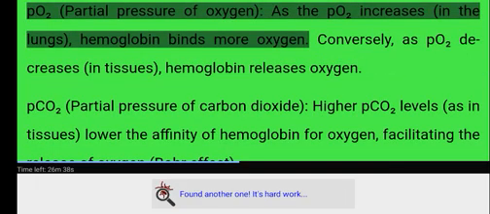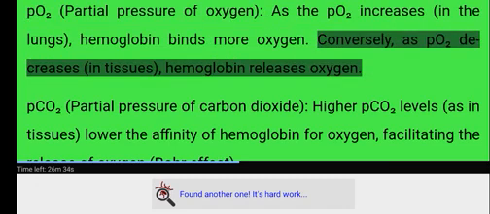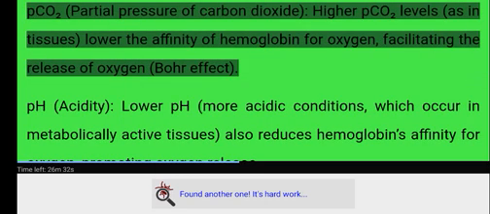As the pO2 increases in the lungs, hemoglobin binds more oxygen. Conversely, as pO2 decreases in tissues, hemoglobin releases oxygen. PCO2, partial pressure of carbon dioxide. Higher PCO2 levels, as in